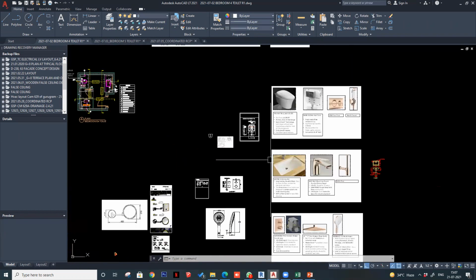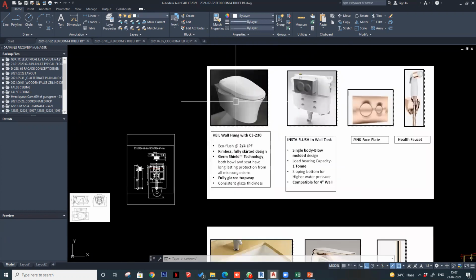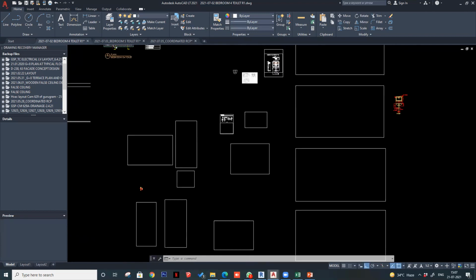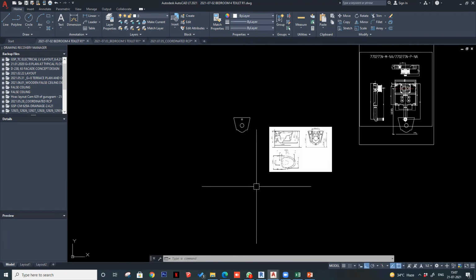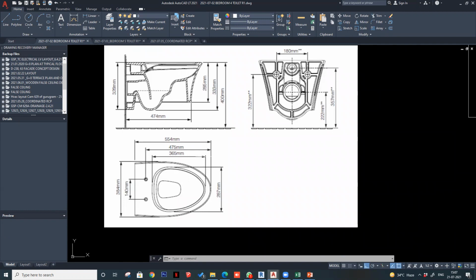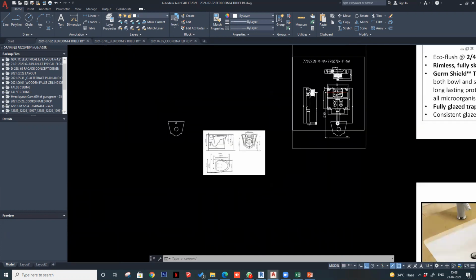So that's about the faucet. Similarly for the WC, this is the shop drawing of the WC which we are using here. You'll have to draft this accordingly, like this 554 mm. All these basic dimensions should be followed. You can take a CAD block and edit it according to these dimensions. Okay, but you'll have to follow the dimensions and only then can you place it.